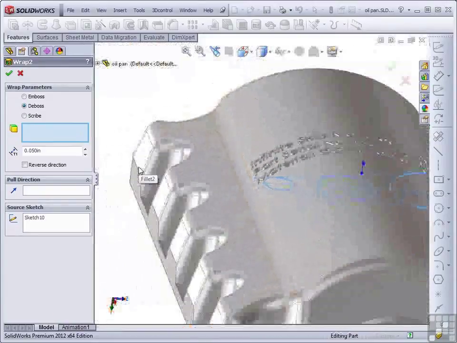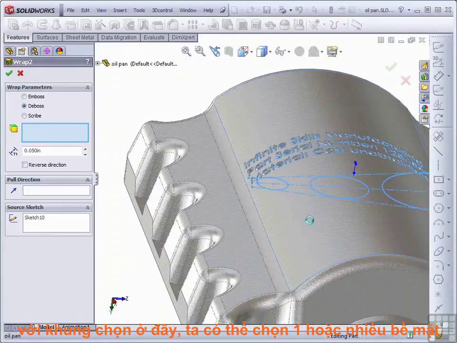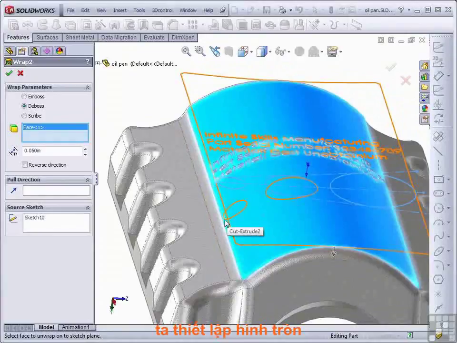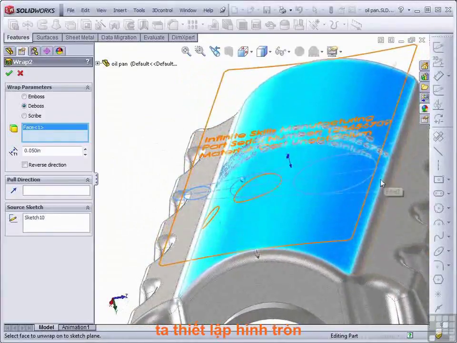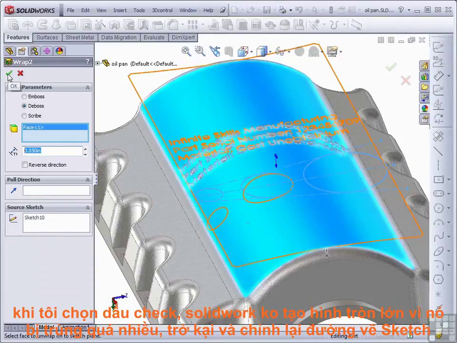The selection box here wants a face to wrap onto, and it needs a single face. You can't use multiple faces for the wrap tool. Notice that the circle stays on the cylindrical face and this one may not, which is why it's not being shown. The thickness is the depth of the cut in this case, or the height of the material, and pull direction is optional. Let's create the feature without it first, and then go back and add it. Sketch should be obvious. All right, now when I click the green check,